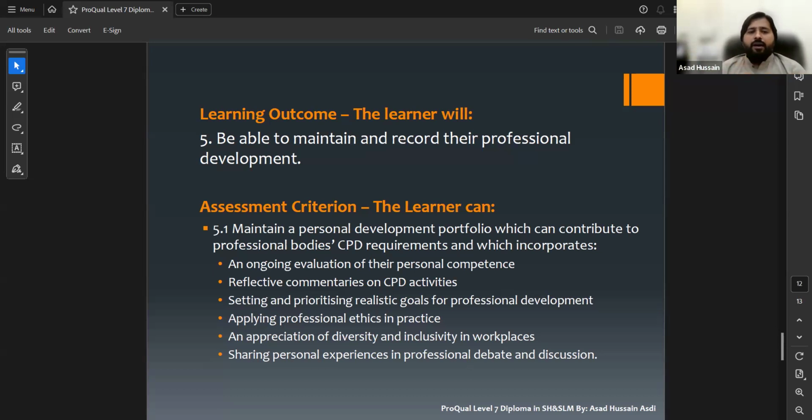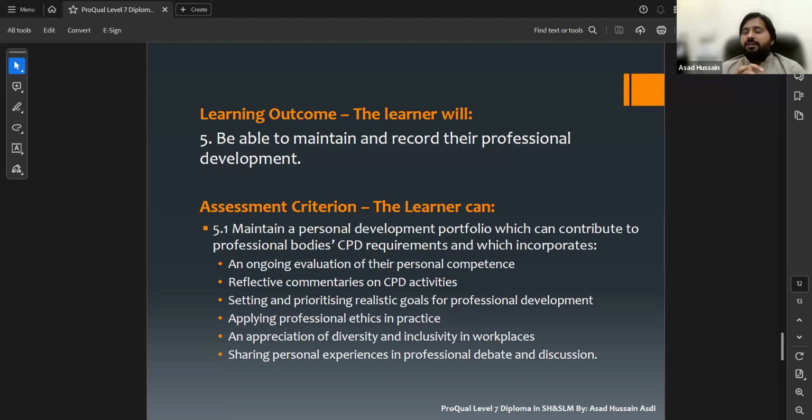So 5.1, maintain a personal development portfolio which can contribute to the professional body's CPD requirement, which incorporates an ongoing evaluation of their personal competence. What I have told you, what they are doing, so evaluation of that can be used as evidence of this.